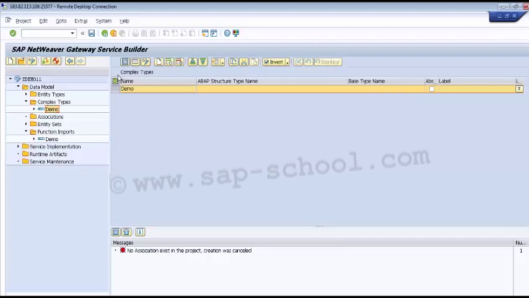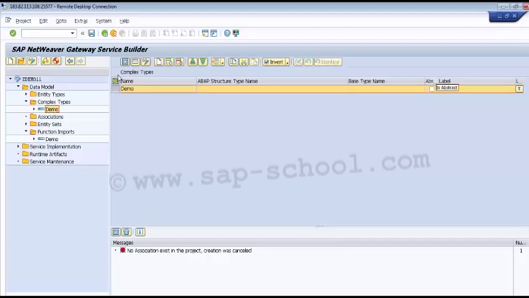Then we have this base type name. In the base type name, we have to enter the relevant base type name directly, or we can use the input help to display a list of node names and their descriptions. The base types inherit their properties to derived types. Inheritance between the base type and the derived type will enable us to reuse the existing complex types.